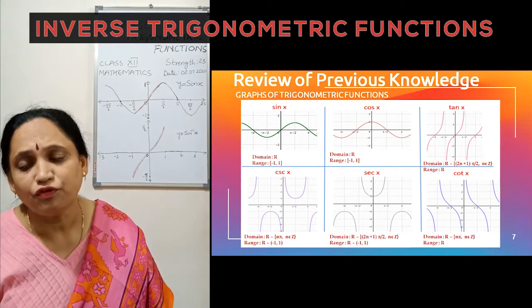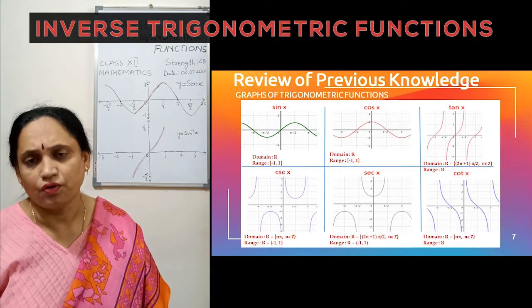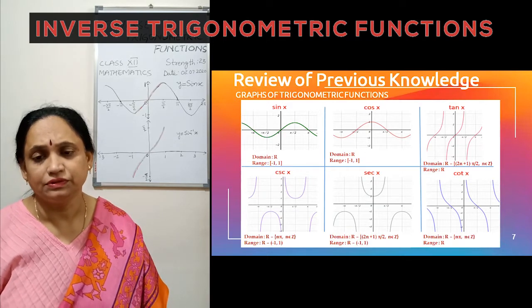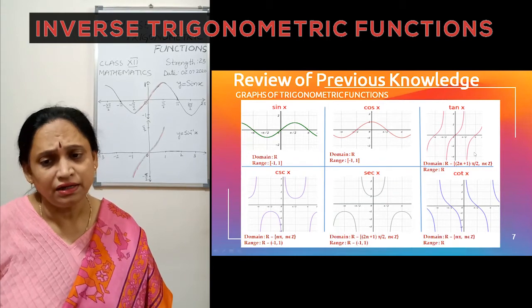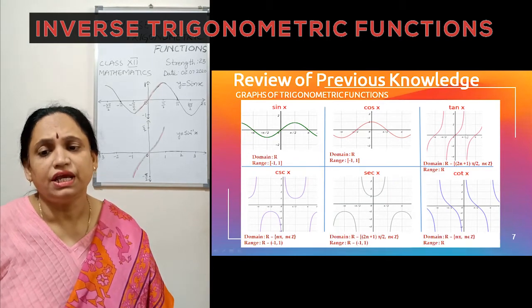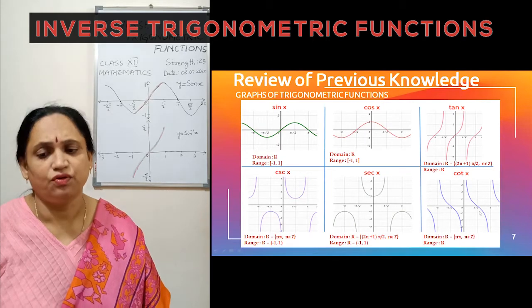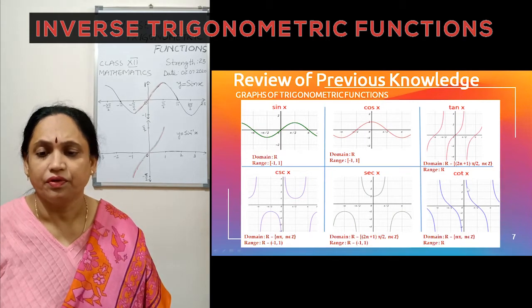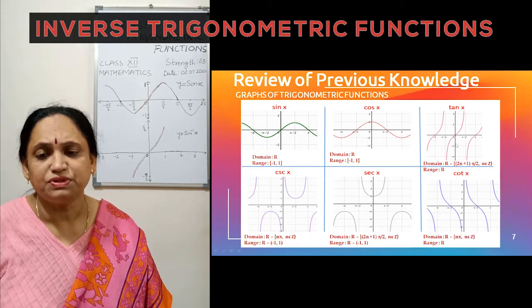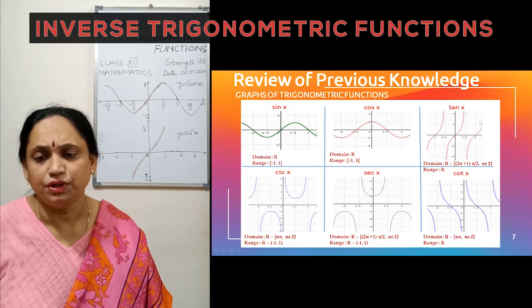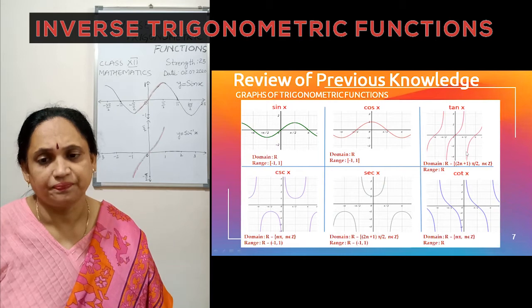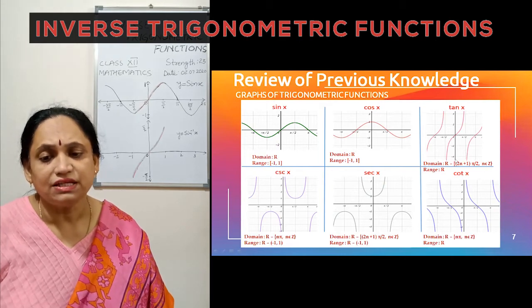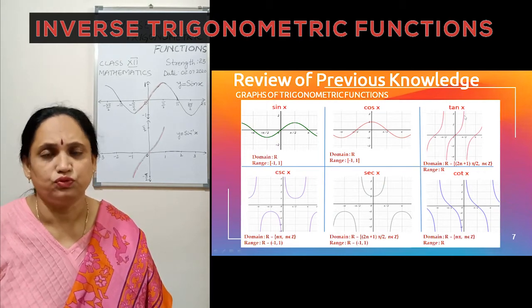If you look at the graph of tan and cot, they look similar. And you can see that there is some undefined value in case of the tan function and the cot function. You can see odd multiples of pi by 2 in the tan graph are not having images, whereas the whole of the y-axis is being used.